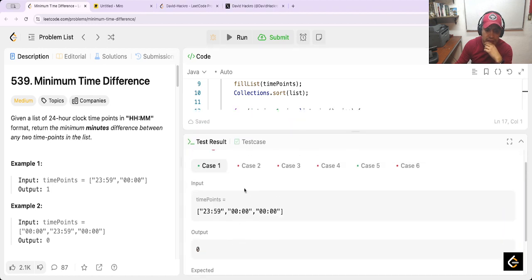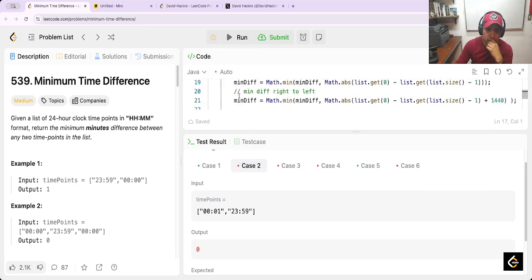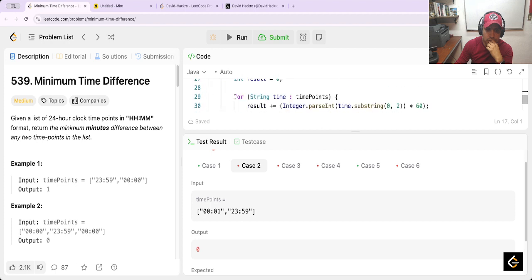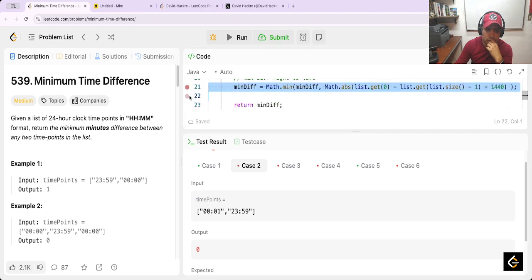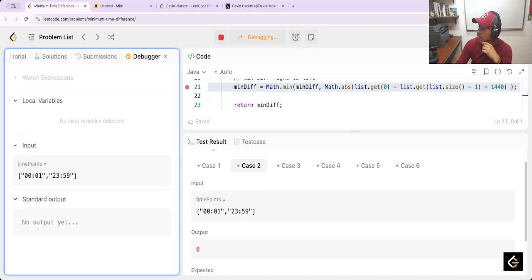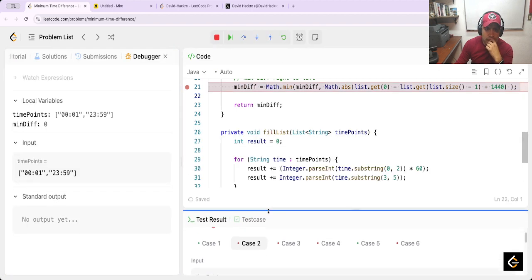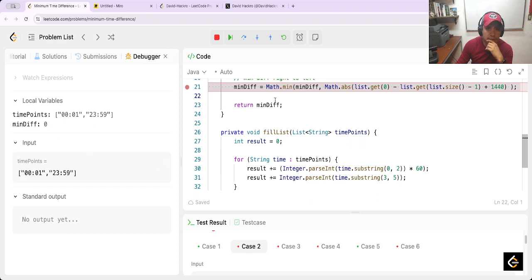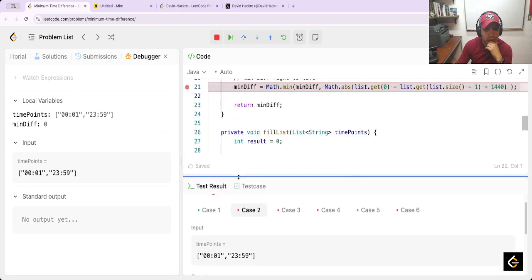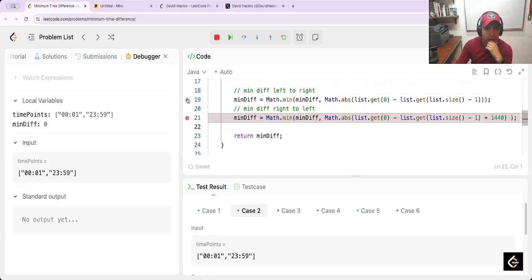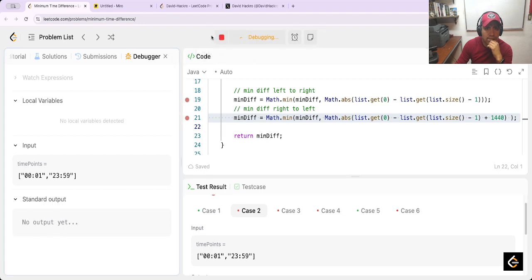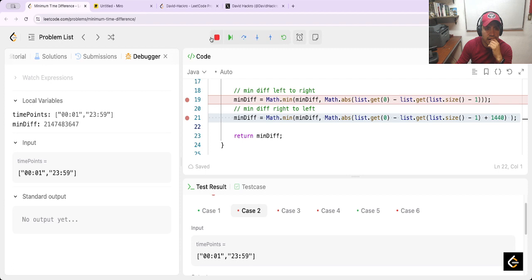Well, this case is right, but in this case, here the min difference is 0. Why return 0? The min difference is